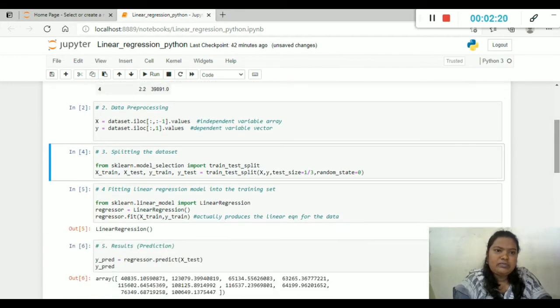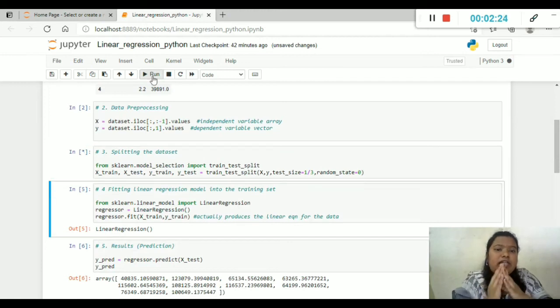Next we want to split the data set because we want to divide the data into train and test. There are different ways to divide the data set, different ratios. What training and testing are, and how to divide the data set into them, that concept is already covered. That video link will be in the description; you can go through it.